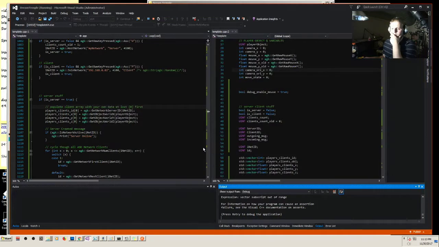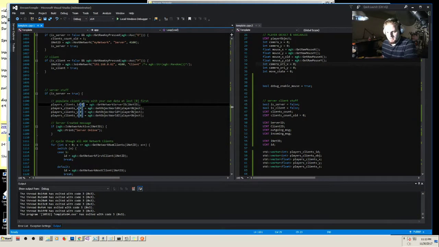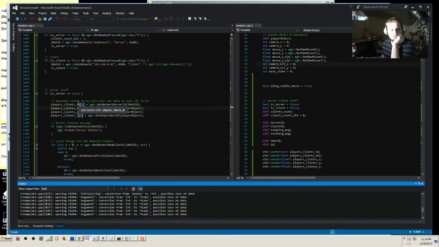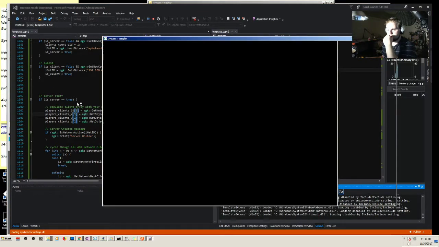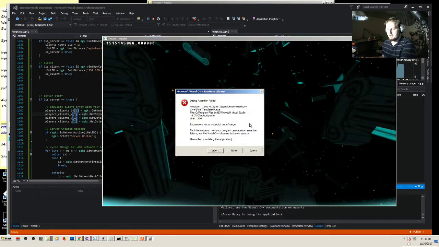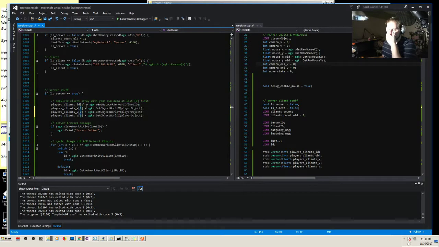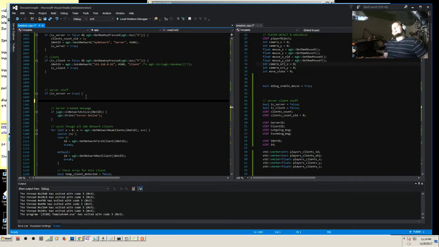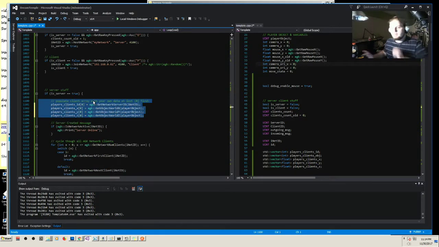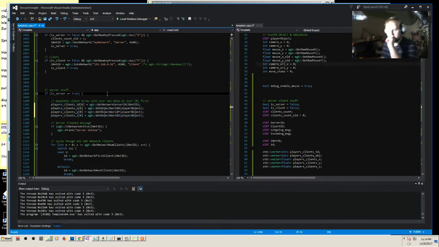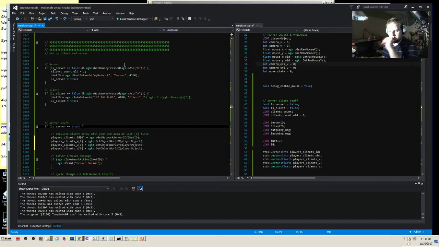Vector subscript out of range. I'm pretty sure that's because I have it declared, but I don't have it created, isn't it? Oh, yeah, okay. So how about this? I will move this thing. No. We're gonna go ahead and say, if we set this thing to server,